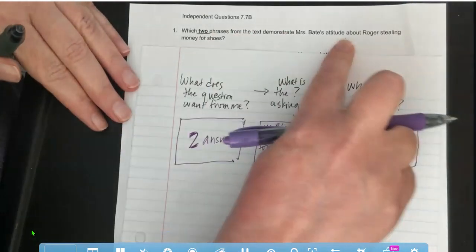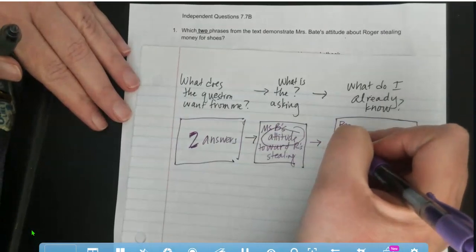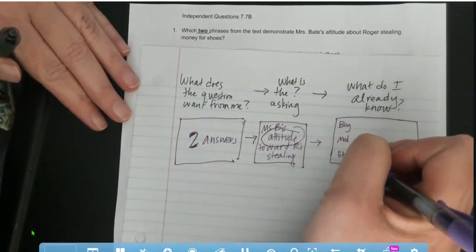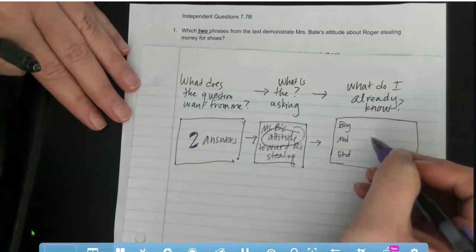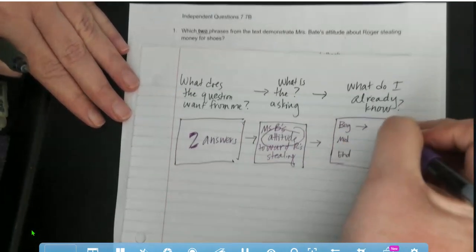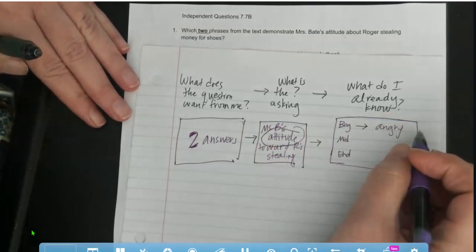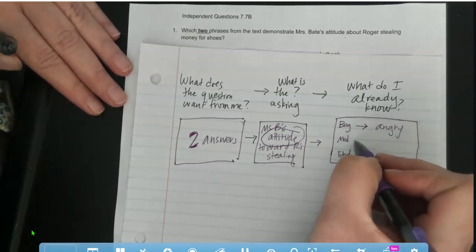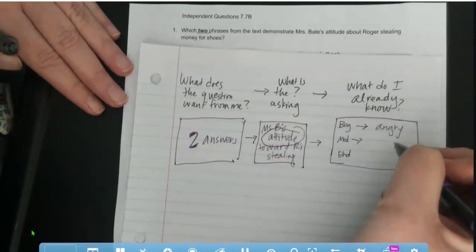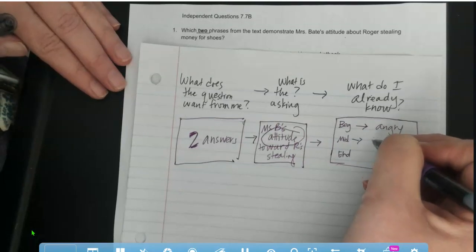Well, the question didn't really tell me a time period in the story, so I'm going to think about it at the beginning, at the middle, and at the end. Because her attitude about him and about stealing changed over the course of the story. At the beginning of the story, she was really angry at him. Like she choked him and dragged him and beat him up on the street when he tried to steal from her. But in the middle of the story, that's when she started asking, like, well, why have you eaten? And why, do you have anyone at home to wash your face? So in the middle of the story, she started questioning